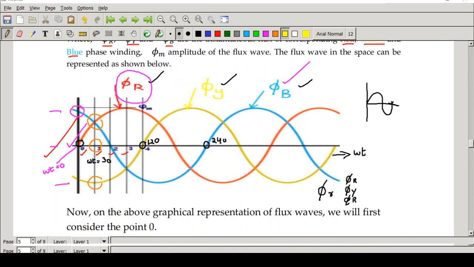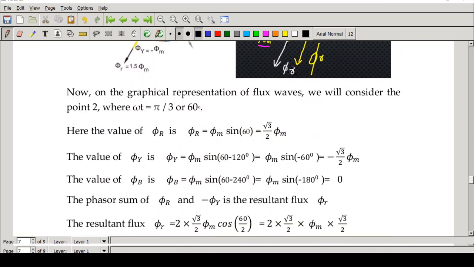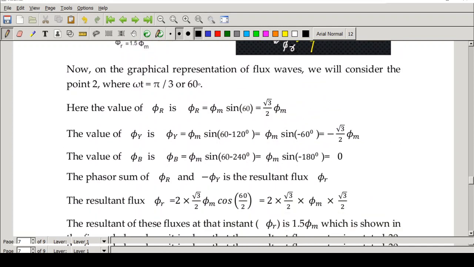Here the omega t will be equal to this point. Omega t will be equal to 60. Okay, we will analyze that. Now everywhere I am putting omega t as 60. So we get phi r is equal to root 3 by 2 and phi y is equal to minus root 3 by 2. Because phi y I am getting it as negative, so I will take here minus phi y. So minus phi y will be equal to root 3 by 2